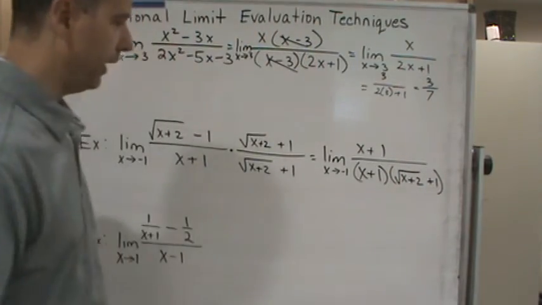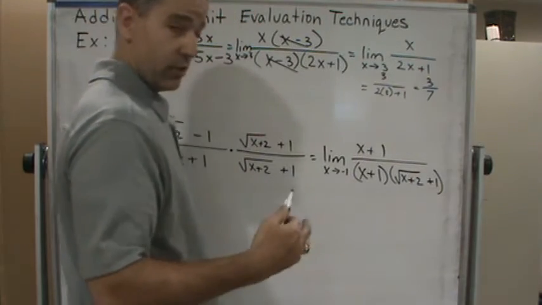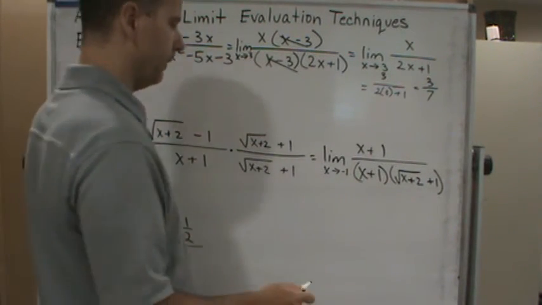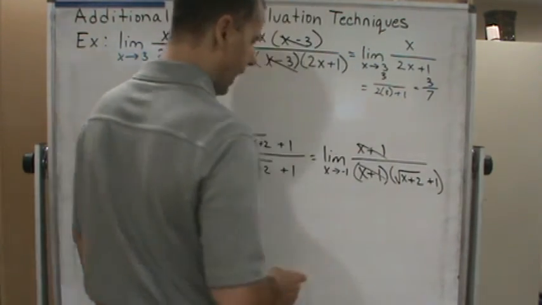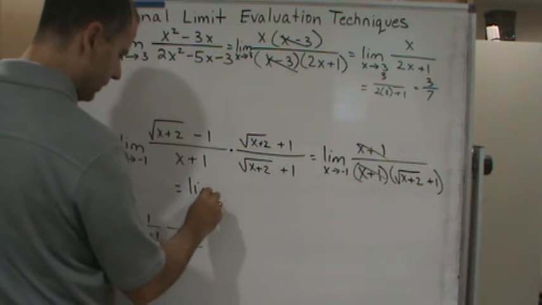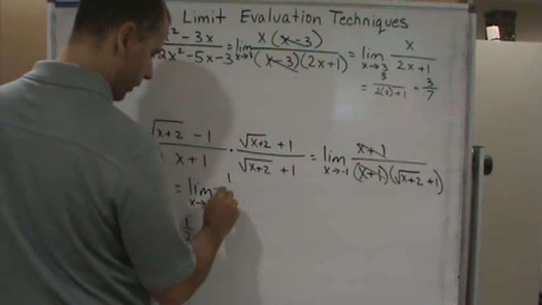x plus 1. Well, there you go. Look, now we've got something that cancels. Now, this won't always work, and you won't always have to do this, but look for it. And now we get the limit as x approaches -1 of 1 over